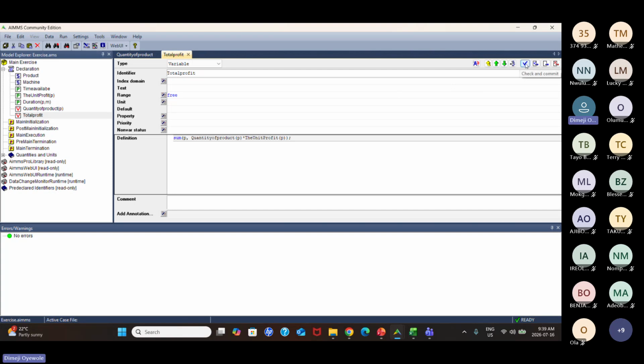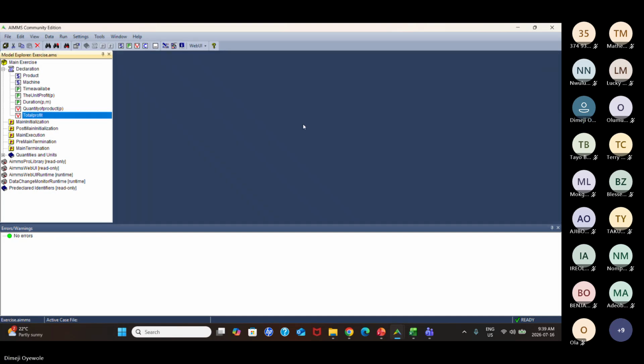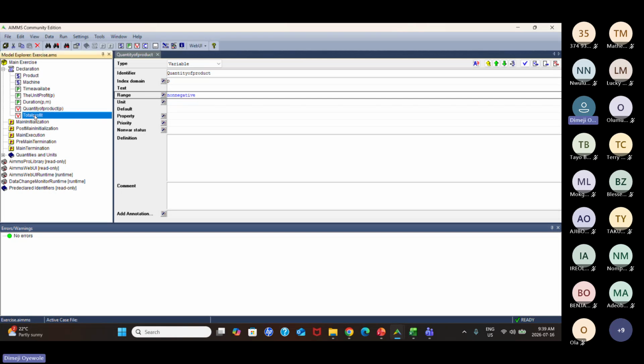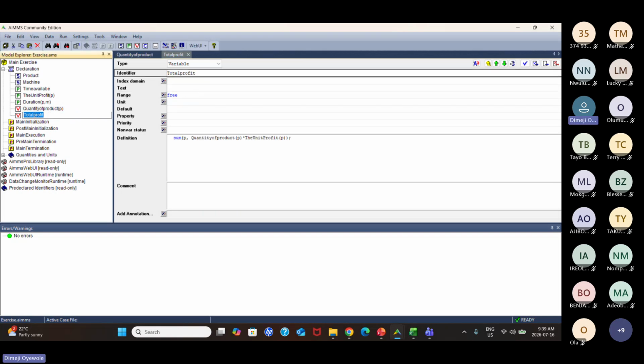So you want to check if what you've done is right or not. If it's right, it's going to. So after that, we have the constraints. Here we're only going to have just one constraint, because we've already declared one constraint in the data type that we used for the quantity of products. So here we want to declare the last and second constraint, which is the time constraints, the time limits.